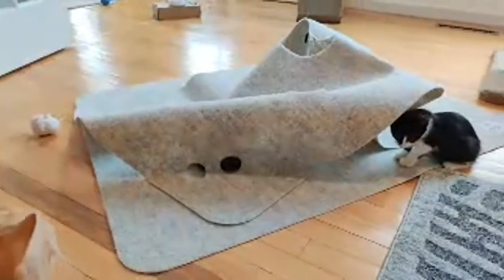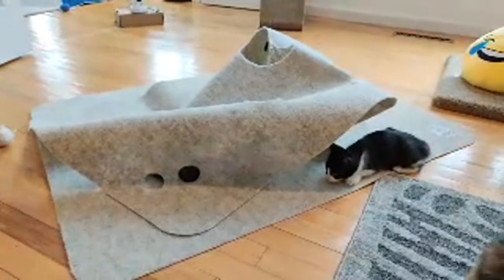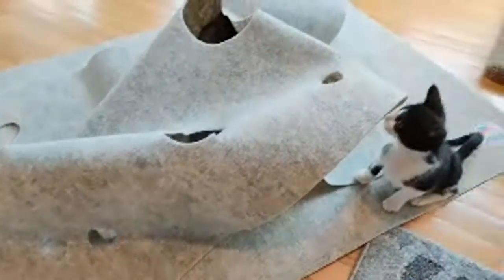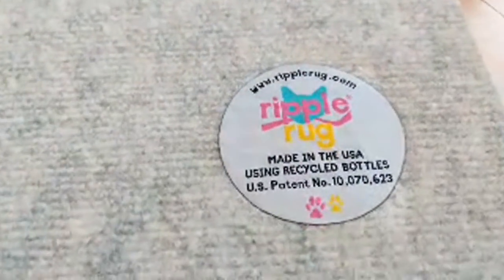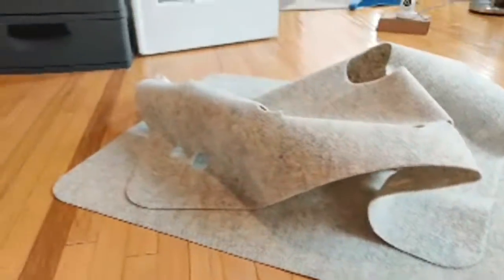So yeah, it is a new color. The Ripple Rugs now come in 3 or 4 different colors, and this is the cream or white color, and I really like it. I think it's a big improvement. The old ones were nice, but they were all just that real plain sort of taupey color, sort of like this rug here, and it's great. So this is an official real Ripple Rug, and I was saying yesterday that...